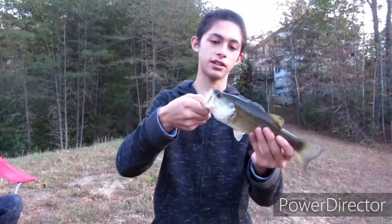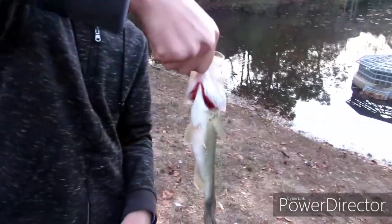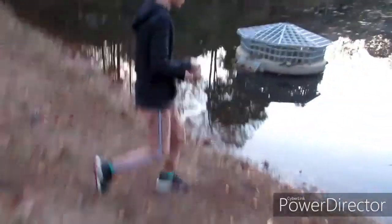Alright, so we caught a bass off camera. Jay did actually. A bass off camera. Oh, man. It was right there. Look at how chunky that guy is. That is good. Alrighty, check the gills. Oh, that is... Look at...